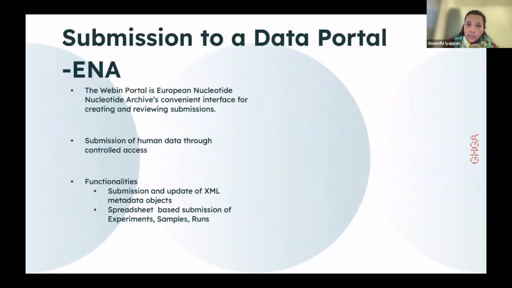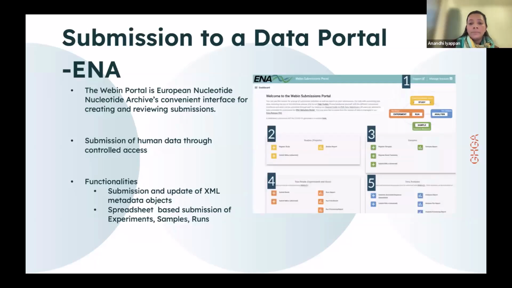Having mentioned FAIR metrics, and looked at communities and data portals, now we can just look at how submission to a data portal looks like. One very popular example, which I'm very familiar with and I quite like, is the ENA data portal. So they have a web-based portal where you can actually log in and go and submit data into their data portal. And this submission into ENA is controlled. They have a data controller, by which the data is basically controlled. They have good legal measures there to protect the data that is coming in.